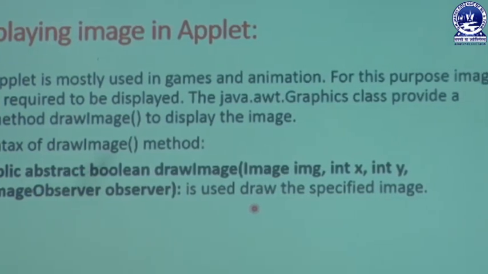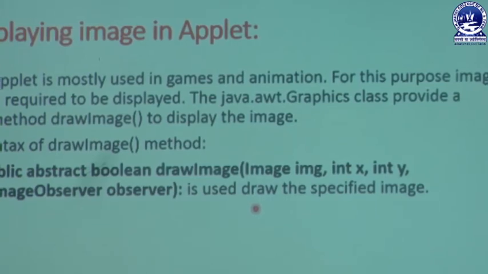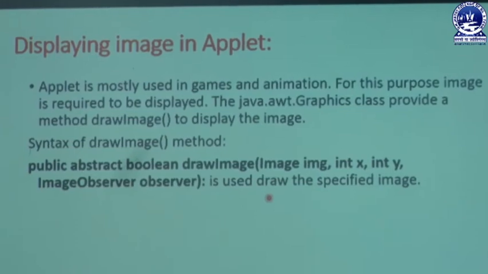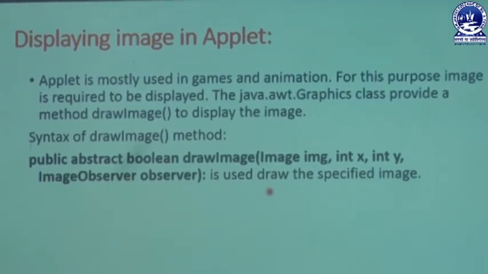We know that in the applet concept we have an environment to add any type of image. There is no problem. If a user wants to create such an environment through that applet code, the user can easily add audio also in our applet code, which is also possible, or video or any type of image. But that image concept is what we are discussing now in our slide, like how to display an image in our applet program. Okay, let us focus on it.